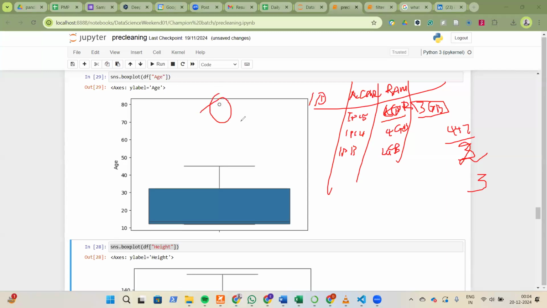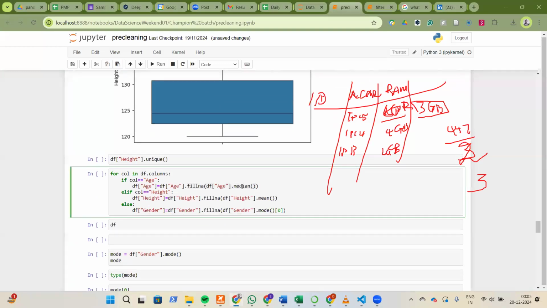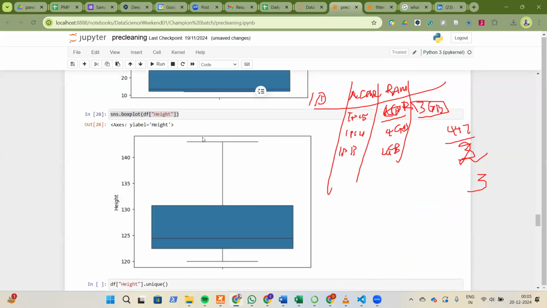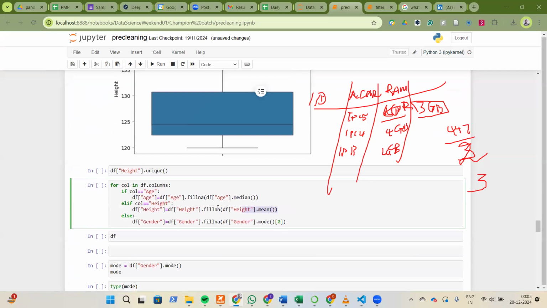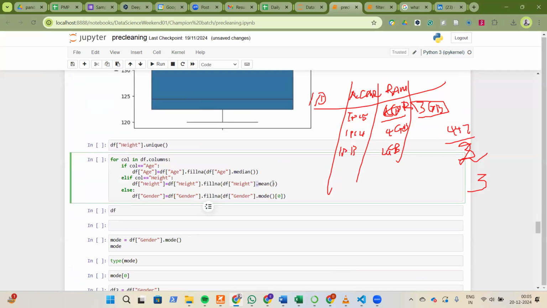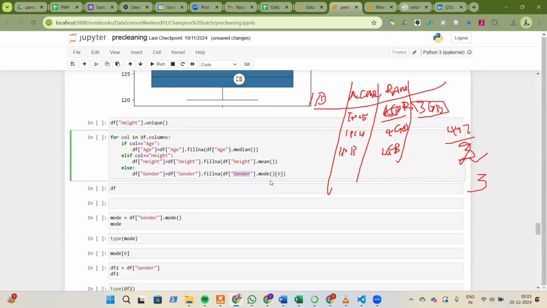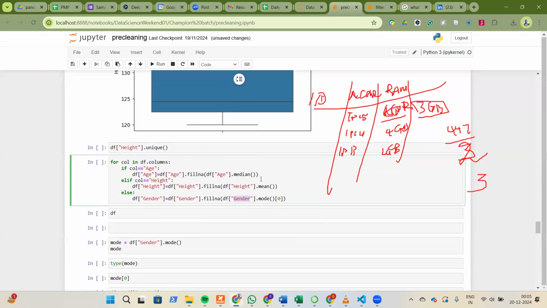So that means if I calculate the mean, it will be affected by the outliers. So I use the median, right? That's why I decided to fill the age with the median of age. And then you see this is the box plot for the height. Here we don't have any outlier, so that's why we're using the mean. Then the last thing is the mode. We're filling the mode for gender, and if you calculate the mode of gender, you will notice that, let's see, if we run